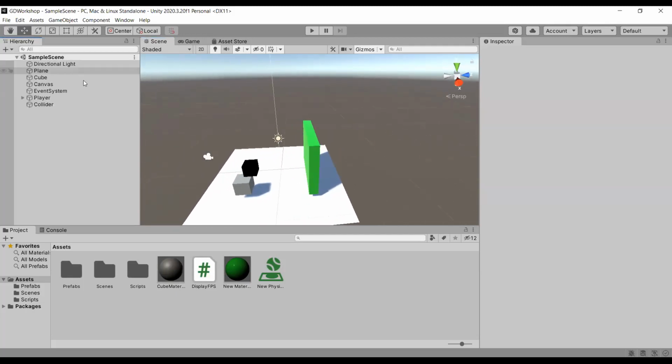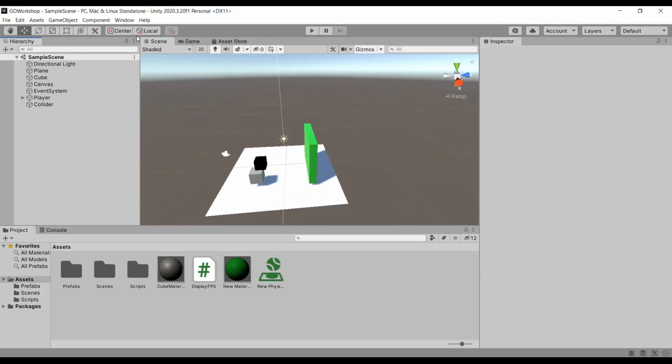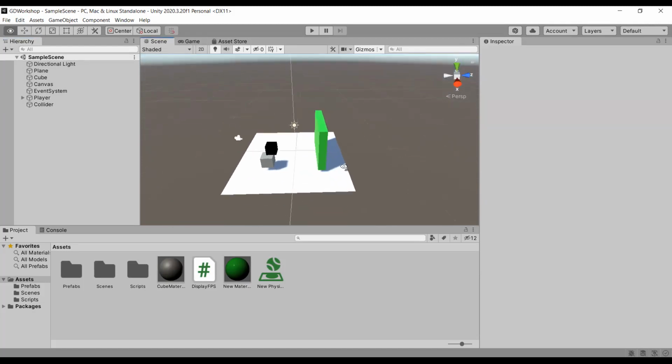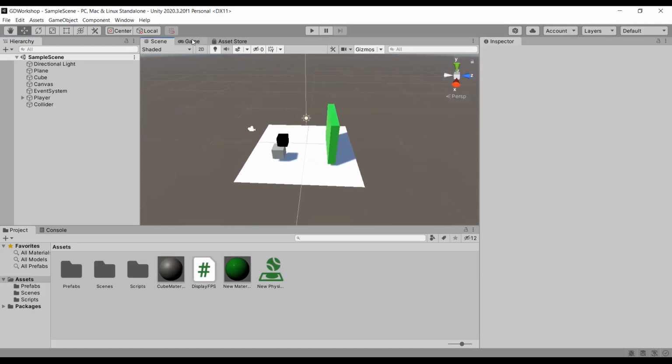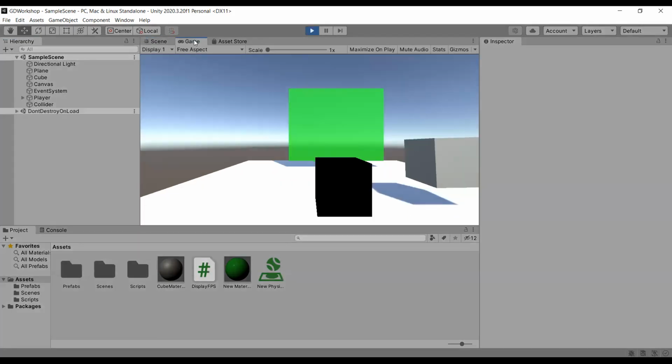Going through each of these: the Hierarchy is basically the part that contains all the game objects you're using in your current scene. Where you can view your stuff is called the viewport. If you have used Unreal Engine, I think this is basically the same. In Unity you call this the Scene, in Unreal you call this the viewport. The Scene is the part where you can handle game assets and so on. But when you're running the game, it runs in the window named Game, where you play test the whole game.